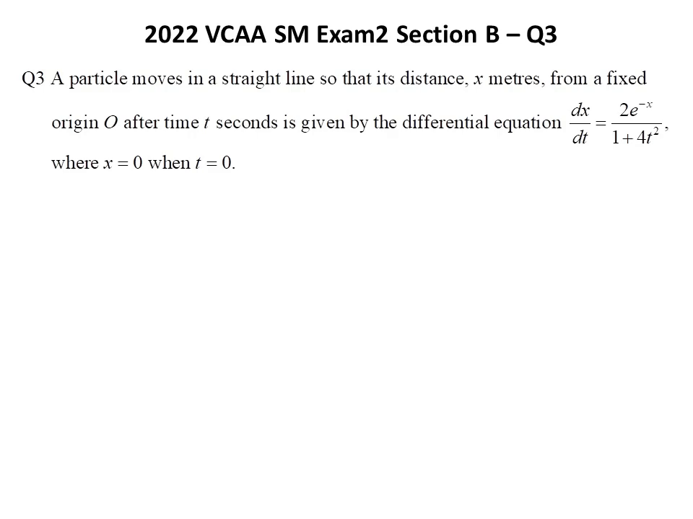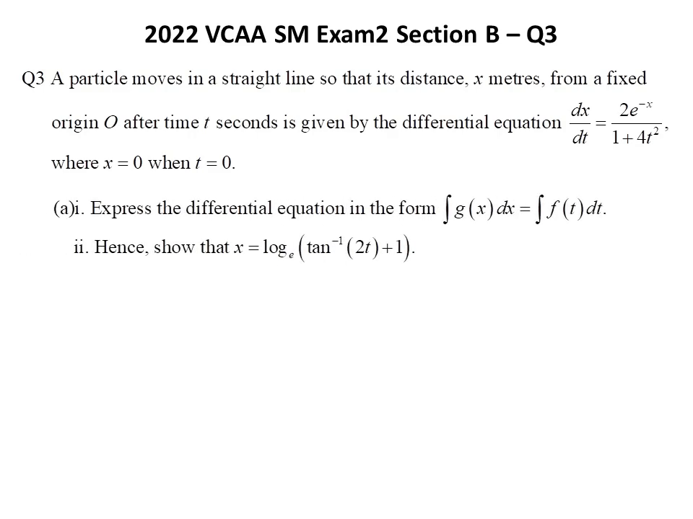There are 5 parts in question 3. Part A has 2 sections. Section 1 is to express the differential equation in the form of the integral of g of x with respect to x equal to the integral of f of t with respect to t. Section 2 of part A is to show that x equals logarithm base e of the sum of arctangent of